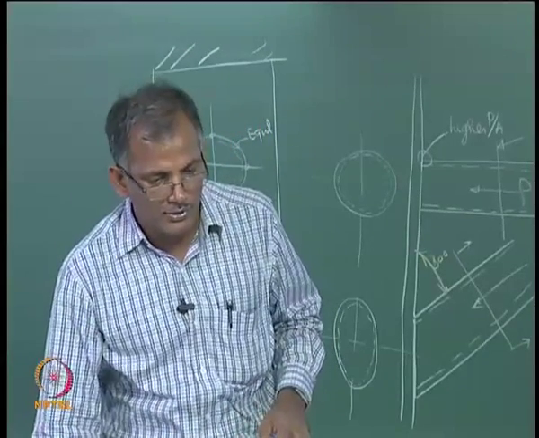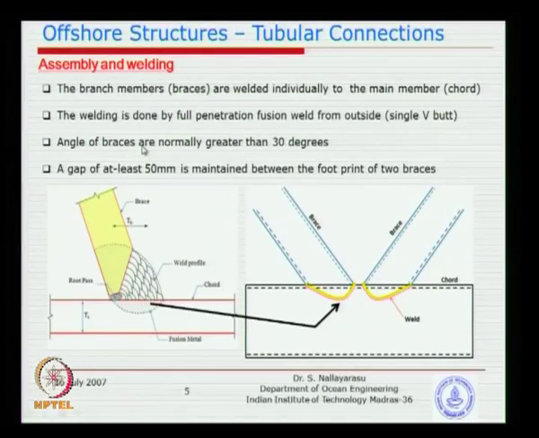And then the weld is always done from outside. Do not expect somebody to jump inside the pipe and weld, isn't it? He will be creating his own burial ground, because he cannot come out. So, always welding is done from outside. In some cases if you have a large diameter pipe, not for the braces but for the main pipes, you may actually see people go inside and weld, but not for the braces. So, basically mostly we have a single V butt weld, that means only welding from outside.